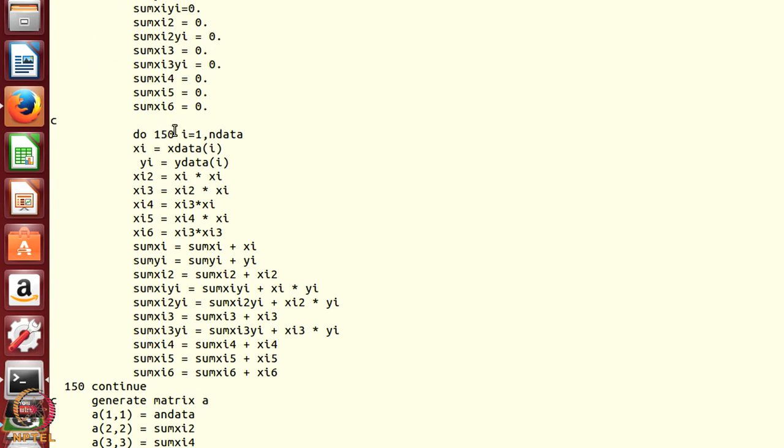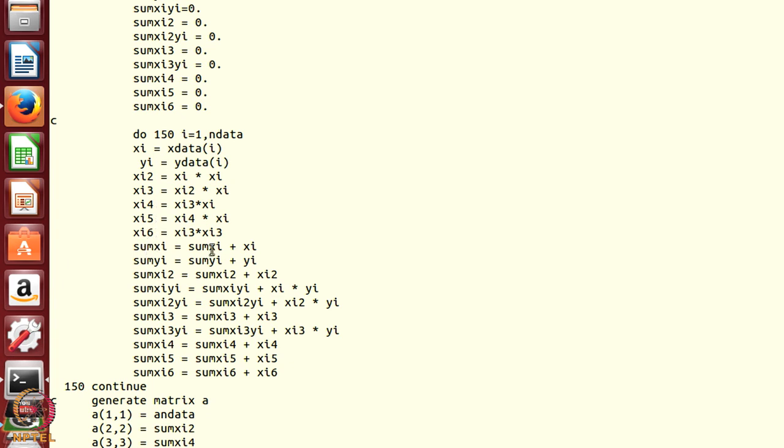Now, in this loop 150, I going from 1 to n data, I will generate all these sums. Okay. So, for example, what is xi 5? Okay, let us start from the beginning. Xi is equal to x data I, yi is y data I, xi 2 is xi into xi, xi 3 is xi 2 into xi, that is xi cubed, xi 4th, xi 5th, xi to the 6th power.